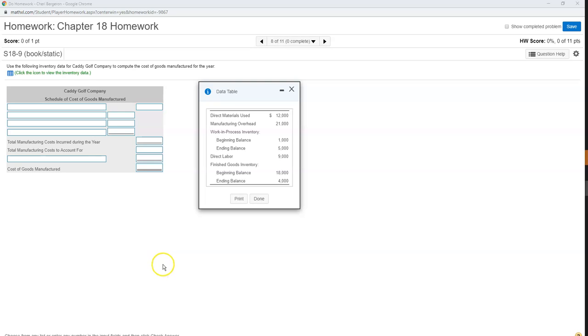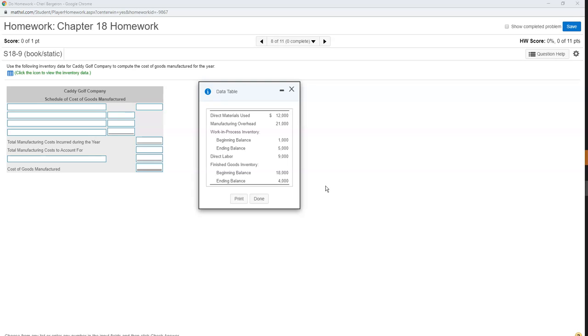Okay, so I had a question about how to work the schedule of cost of goods manufactured. So first of all, you'll want to memorize the formula for this statement. And once you memorize it, it'll start to make more sense to you. But we're going to start off with the beginning work in process, and then we're going to add the costs